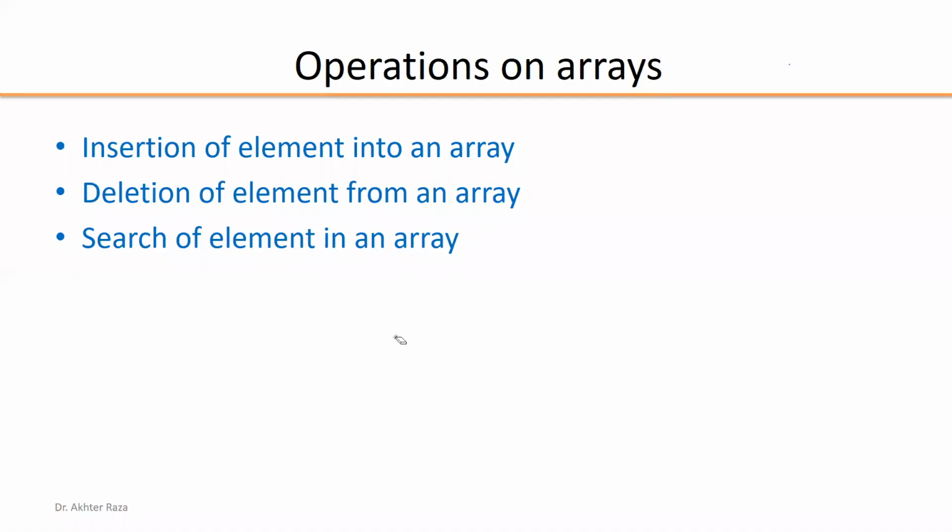Now we are going to perform the insertion operation into a linear array. For the insertion operation, we should have a linear array with the data set, and an element item which we want to insert into the linear array, and the position at which we want to insert. The position number and the item are to be input by the user. So these are the two major parts of this algorithm.